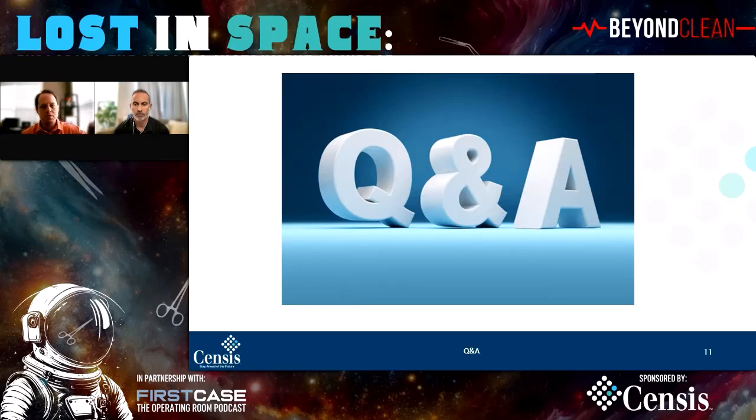How many instruments are in the tray? How many times does this get assembled every day? How many copies of this do you have? And how many days of the week do we see this assembly on? Because it may be something that you turn 10 times on a Tuesday, but the rest of the week you don't use, right? So understanding those can give you the key pieces of information you need to make those projections